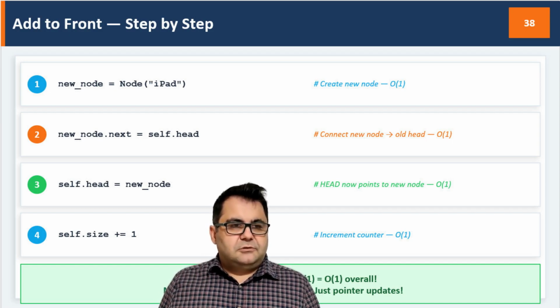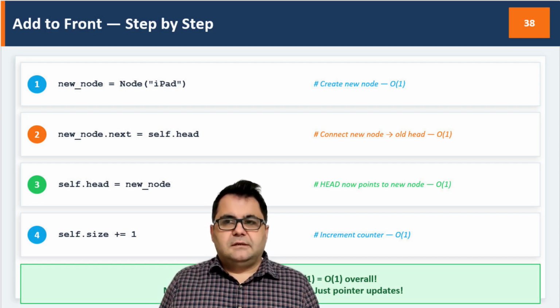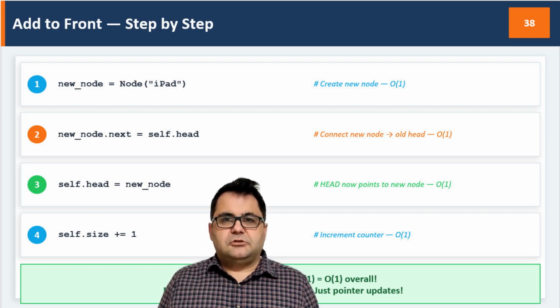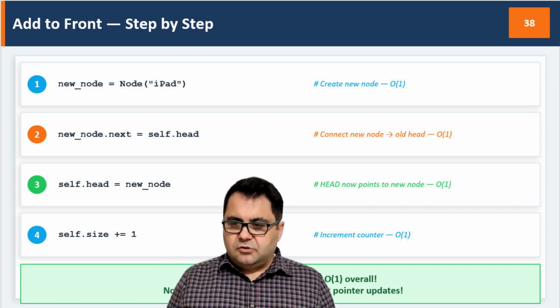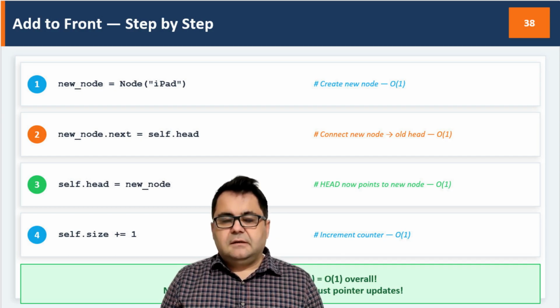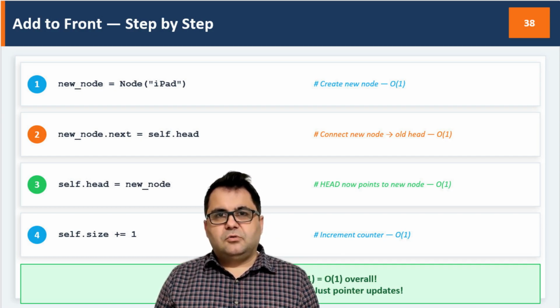Why add to front instead of end? First, we don't need to traverse to the end, which would be O(n). Second, we don't need to find an insertion point. Third, we just update the head pointer. Fourth, this achieves O(1). The trade-off is that newest items appear first in the cart, reverse order from when they were